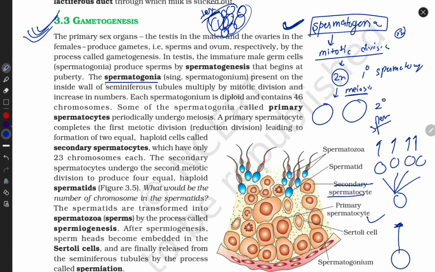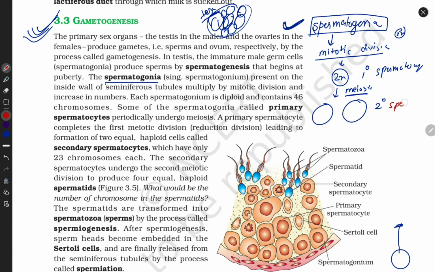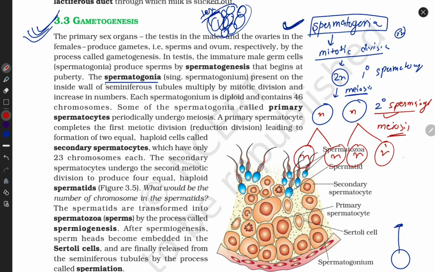So here, secondary spermatocyte will form. And now, what will happen next? Now, the secondary spermatocyte also goes into second meiosis. Now, again meiosis will arise. Now, here spermatids will form. Spermatids. They are not motile. And now, in future, they make sperm. Each cell makes one sperm. So, now, your sperm will form. Your male gamete is formed. The name of the male gamete is what? Sperm. I think it is clear.